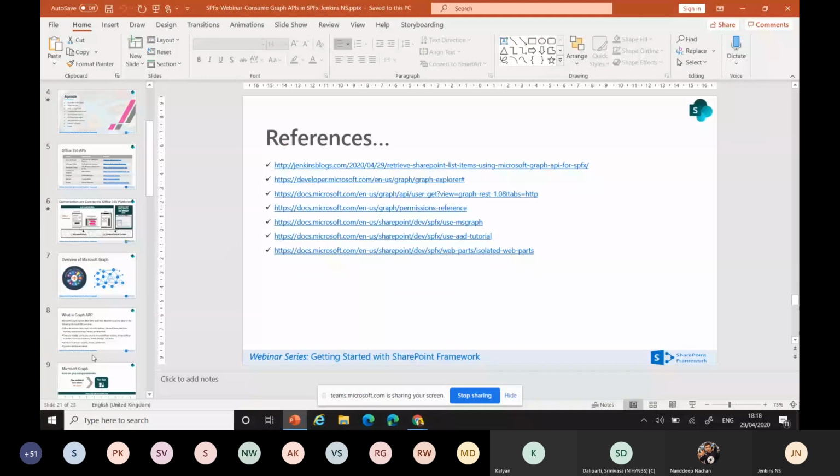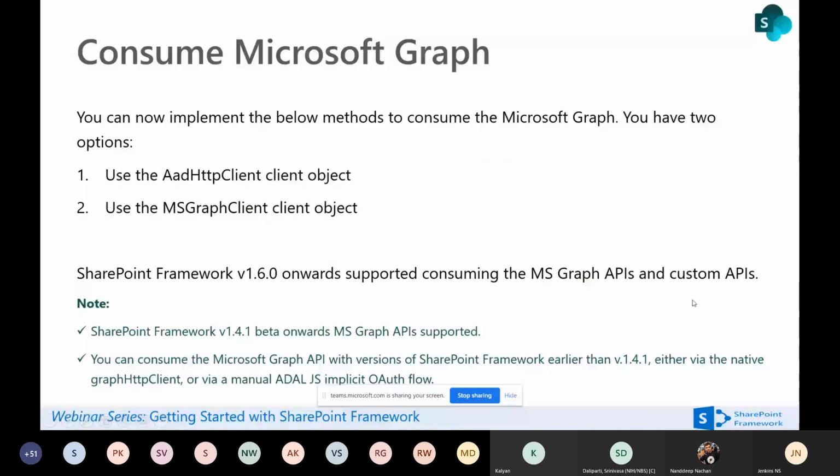So now we understand how the APIs look, how to explore the API and how to give the permission, everything. Out of that, we have consumed the Microsoft Graph API. We have two client objects: one is the AAD HTTP client object and one is the MS Graph client object.